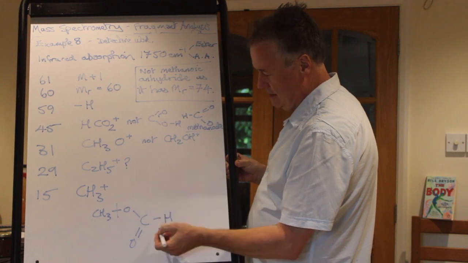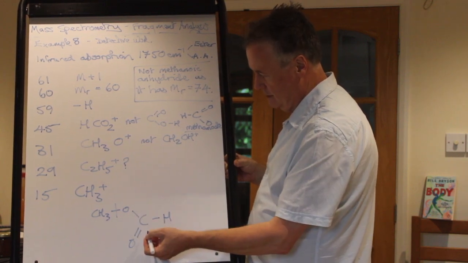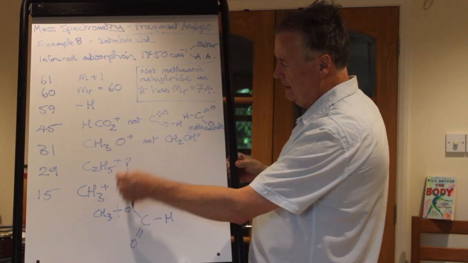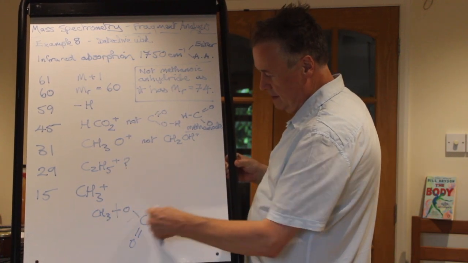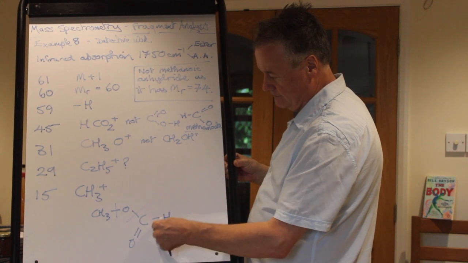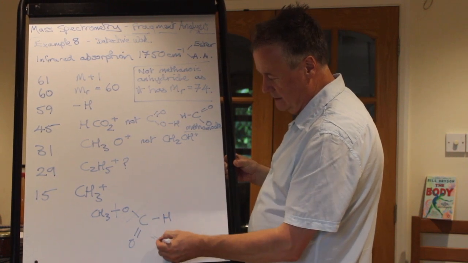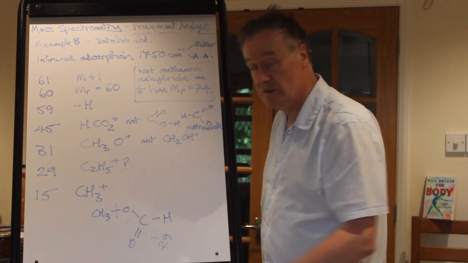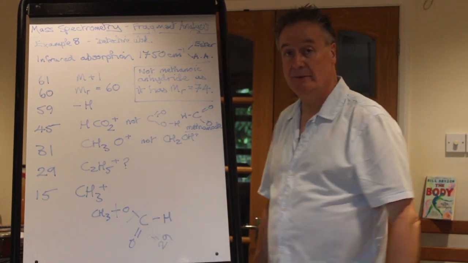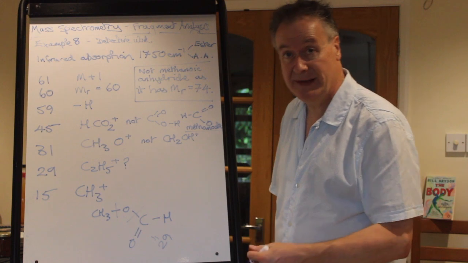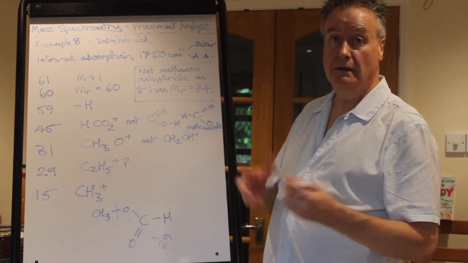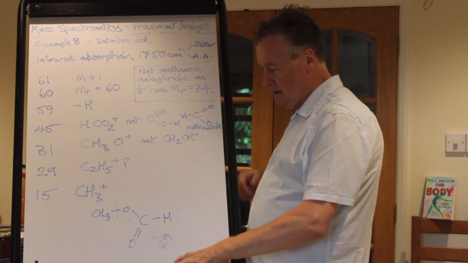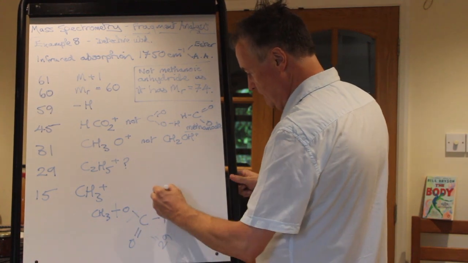That is this structure here. What's the formula mass of that? 45. So what happens if you chop it there? If you chop it there, there's the 31. What's that? That is 29. That's an alternative for 29. It's much less common because it is actually derived from a methanoate ester, and there are lots of other esters you could have. So the actual substance, just for completion's sake,